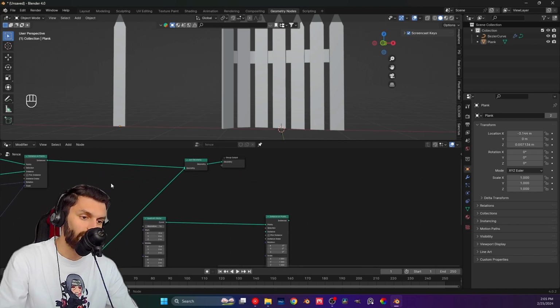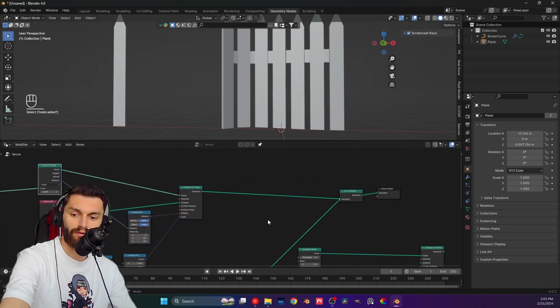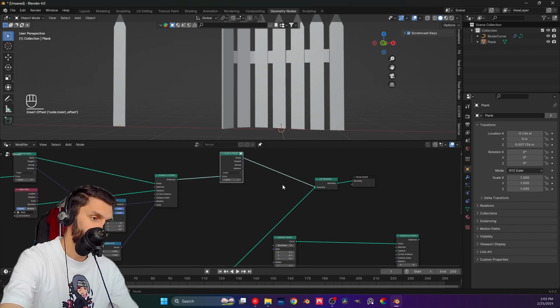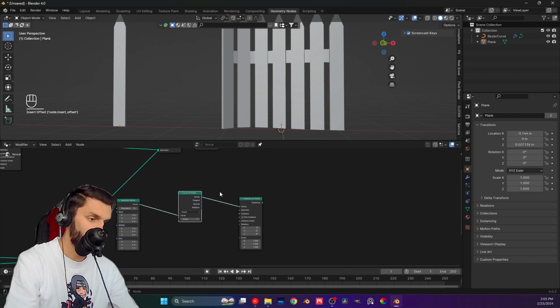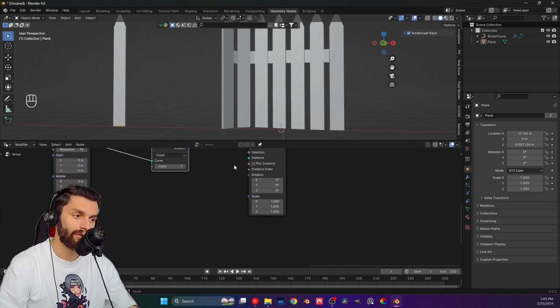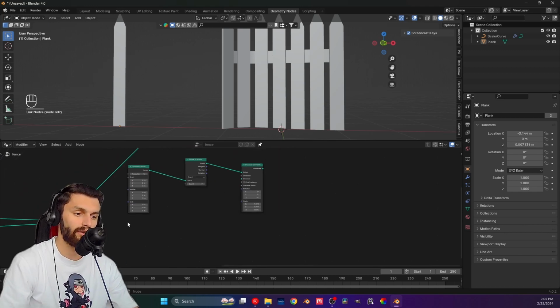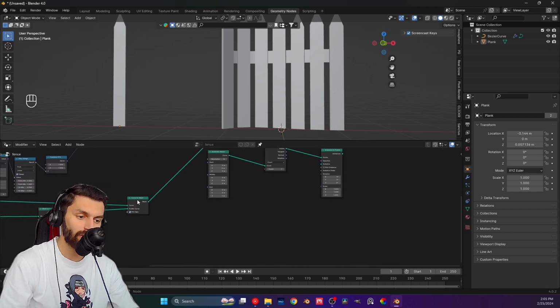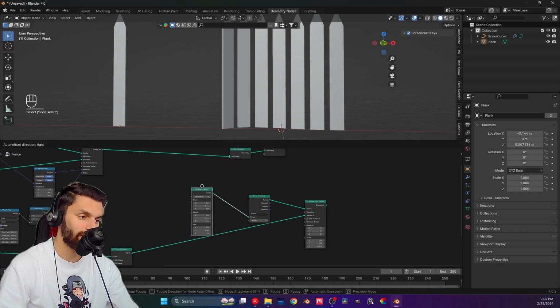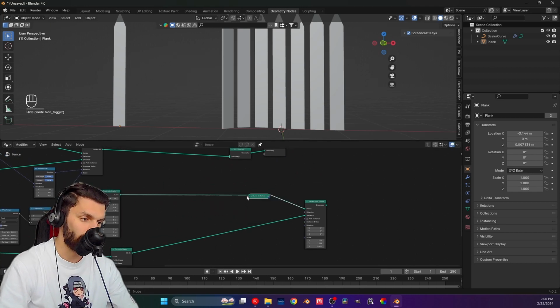we can actually also take the Curve to Points and put it not there, right here. And right now we basically have the same thing as we did before, but what we do is in the instance here, instead of getting another Object Info, we're going to take the Curve to Mesh here that gives us our support plank. So instead of getting it into the Geometry tab there, we're going to get it into the Instance right here, right? So actually let me pull all this back a little bit,